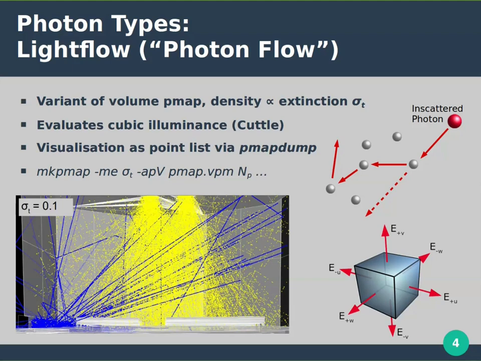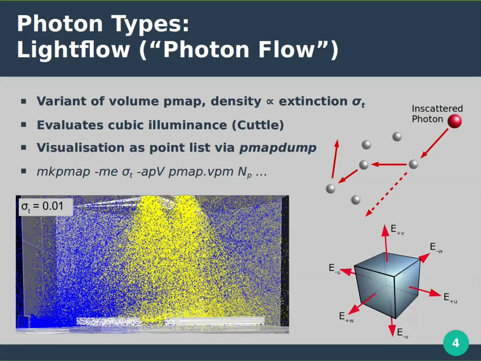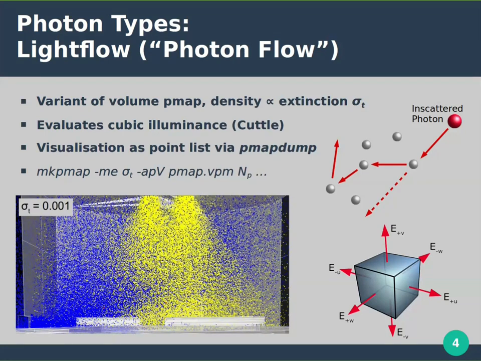The main governing parameter is the extinction, the sigma t. This determines the optical density of the medium, and therefore how densely placed the photons are along their paths. Typically, you want this value to be as low as possible. If you see it right now at the bottom there, this is a distribution where you have a very good